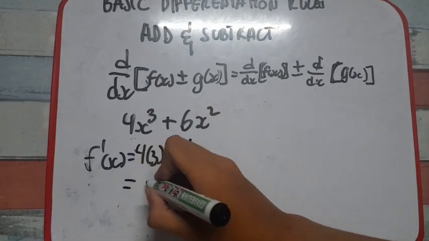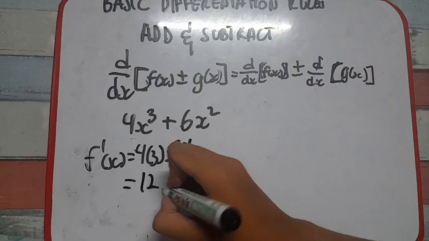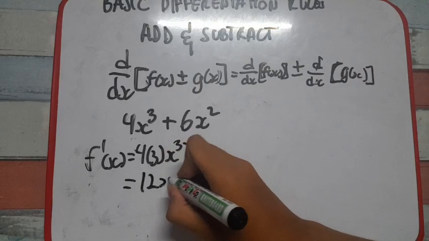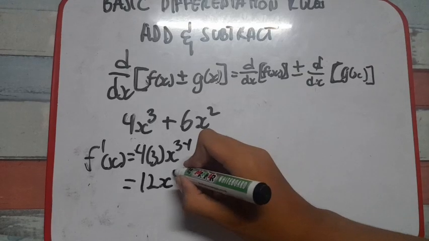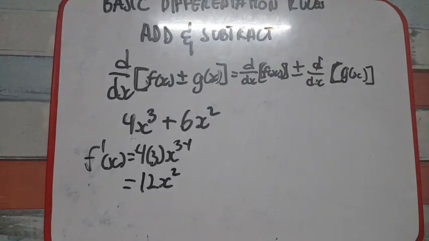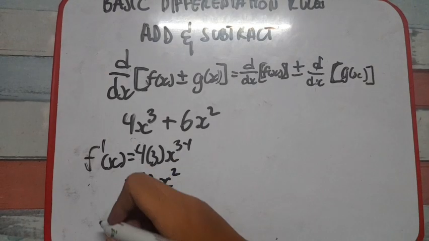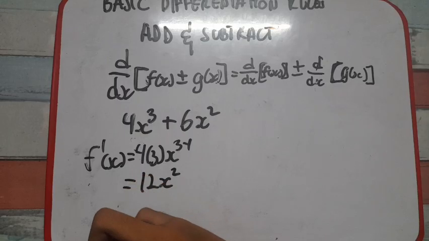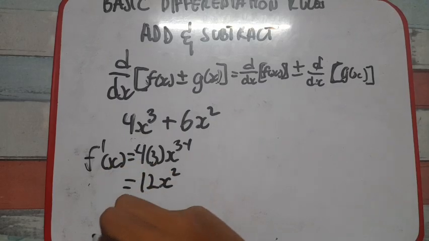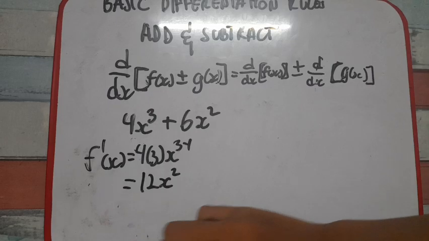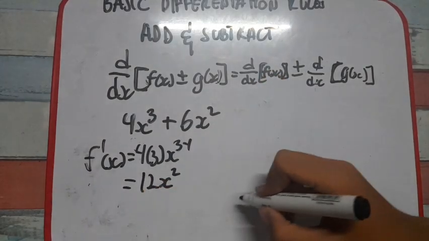That gives us 4 times 3, so 12x, and 3 minus 1 is equal to 2. So that's our f prime of x, which is equal to 12x squared, the first derivative in this example, plus